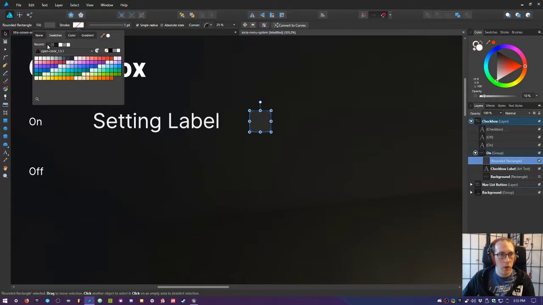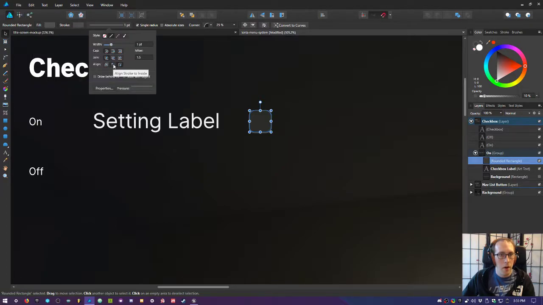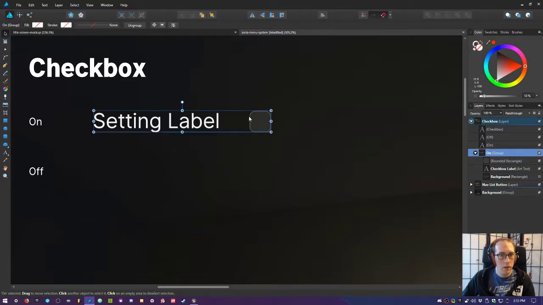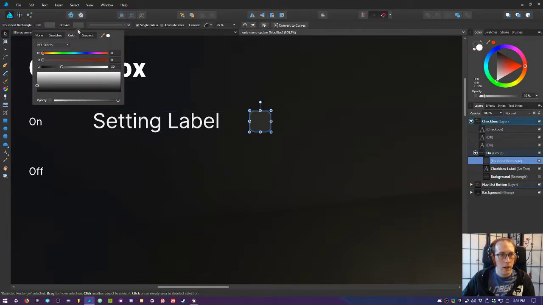And this, I think, would be a good opportunity for a stroke. Probably just a white stroke. Well,